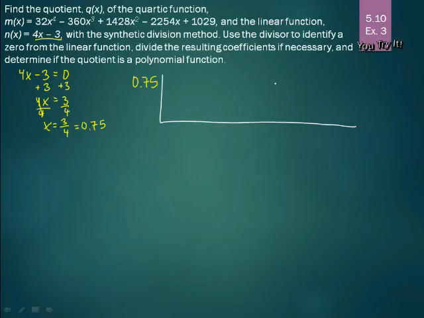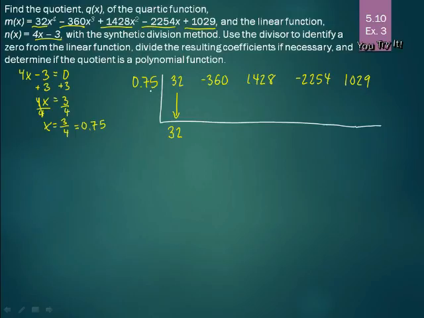So now to get the numbers at the top for synthetic division, we need to use the coefficients from the x powers in descending order. Notice here that we have x to the fourth, x cubed, x squared, x, and no x. So we don't have any missing x powers, and they do go in descending order. So we can use 32 for the first, negative 360, positive 1428, negative 2254, and 1029. Just put them at the top here. Now we can follow the method, first dropping down the first number, 32, and then we'll multiply